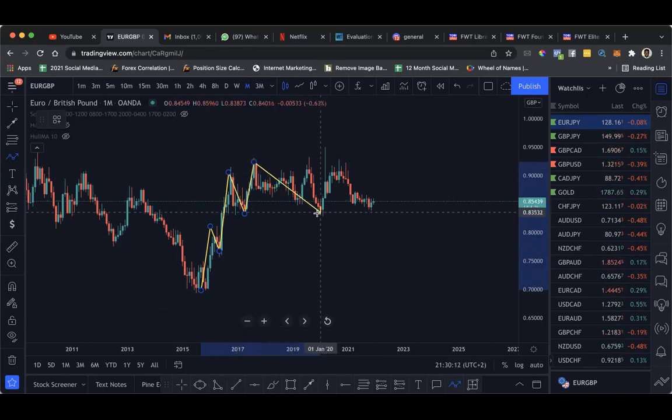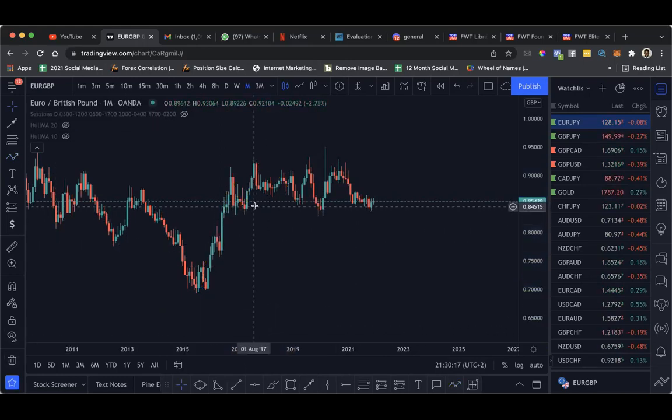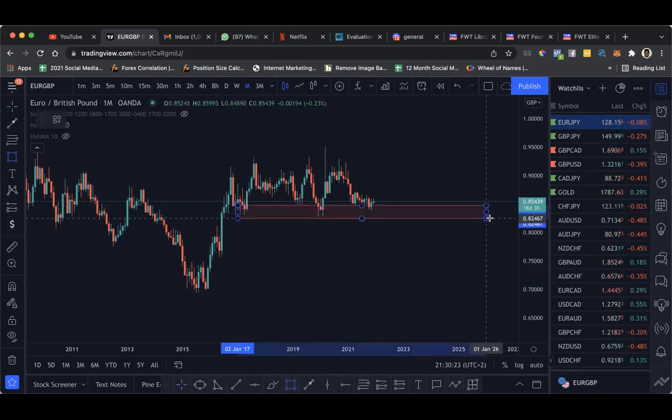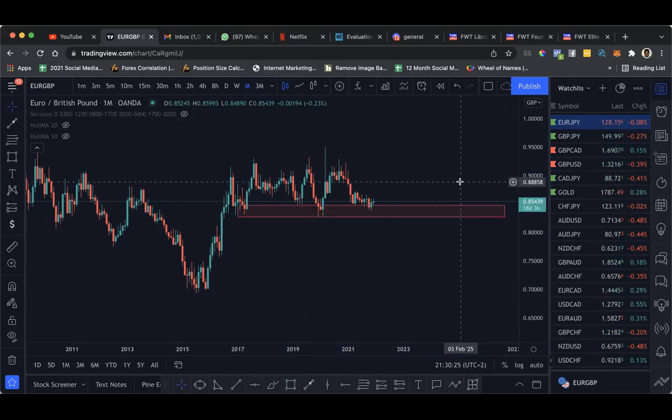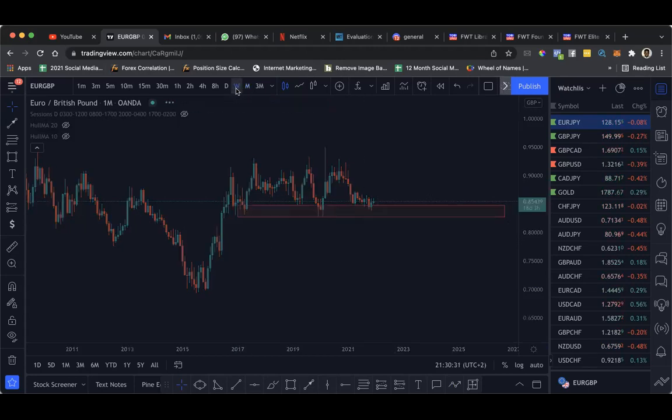Okay, so price is in a demand level on the monthly. Price in a demand zone on the monthly. So this is a demand zone on the monthly here. So price is in a monthly demand actually. So if you go to the weekly,